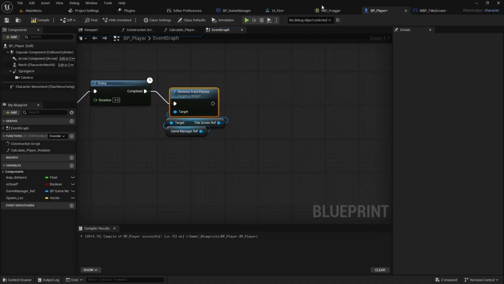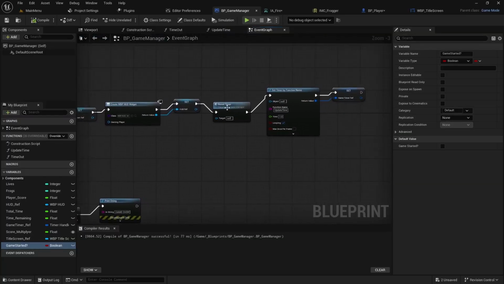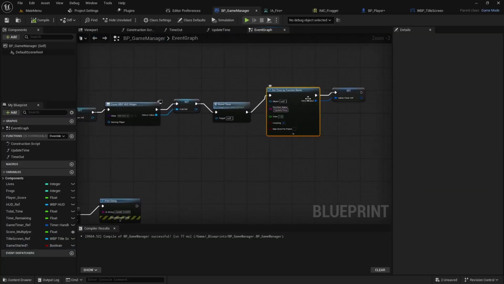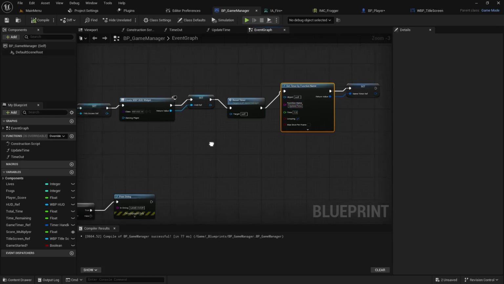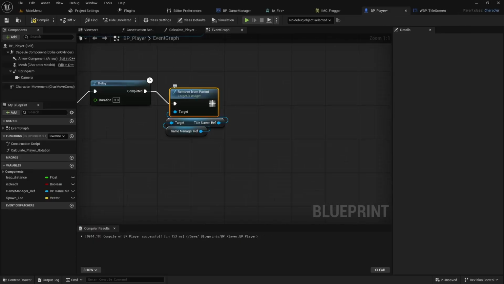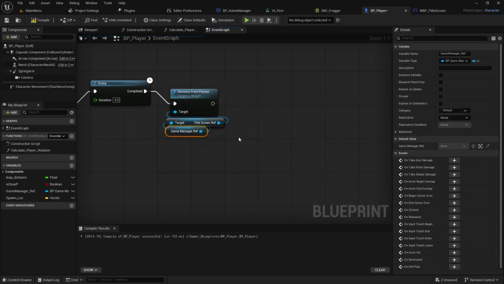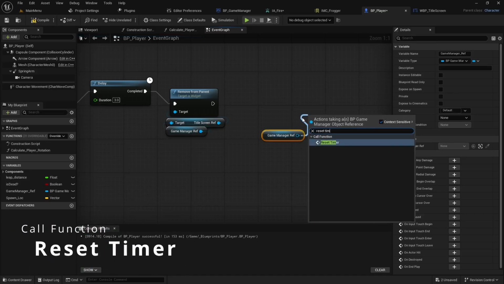Now, because of the way our game manager is set up, on the event begin play, it creates the widgets, but it also starts the function timer, which is that little update timer. So that's going to be running in the background the entire time that the player's on the title screen. So what we'll want to do is when the player's actually ready to play the game, we'll want to pull into a reset timer. So we can duplicate the game manager reference, call reset timer,